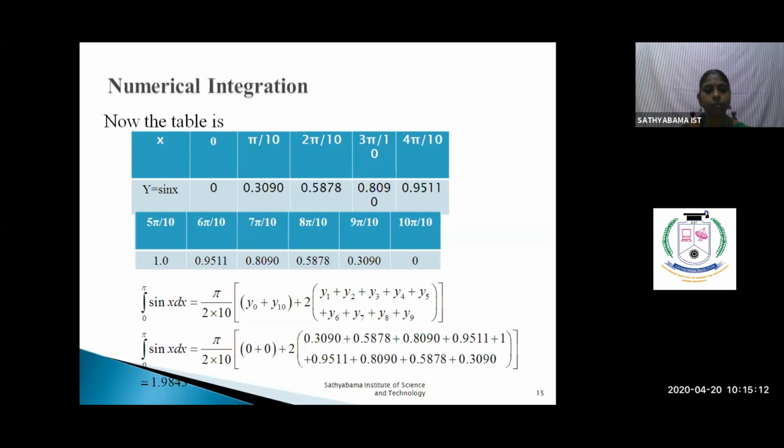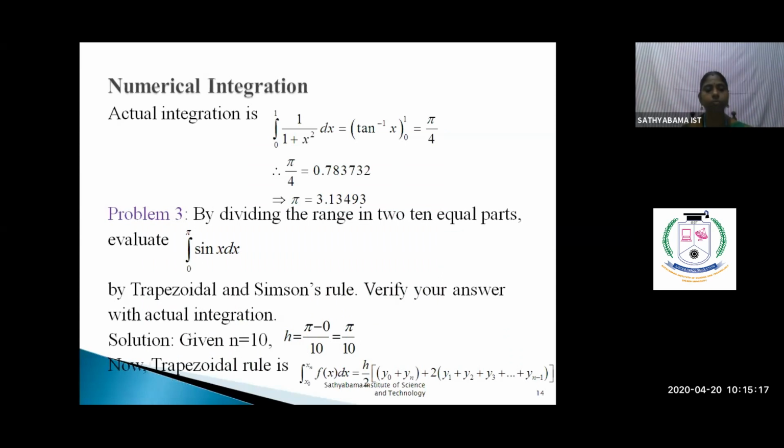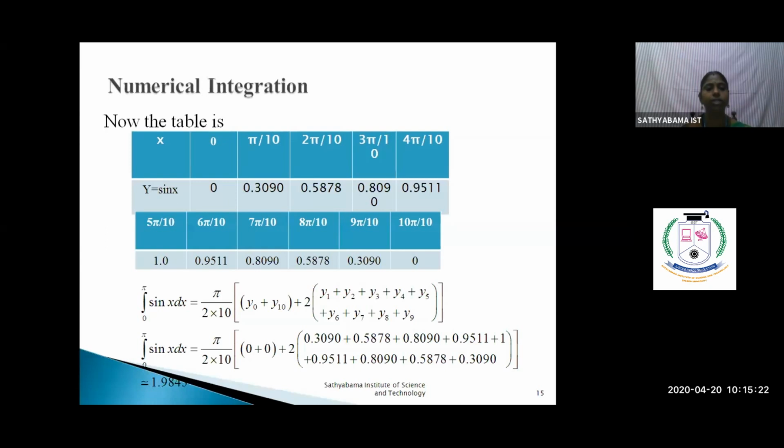And the corresponding y value should be written here. And what is my y? Y is the integrand, sin x. So now we should find out what is sin 0. Put x is equal to 0. The corresponding y is now sin 0, that's 0. Sin pi by 10, sin 2 pi by 10, sin 3 pi by 10, sin 4 pi by 10, sin 5 pi by 10, sin 6 pi by 10, like this till sin pi. You have to write the value of pi. That's my corresponding entries of the argument x.